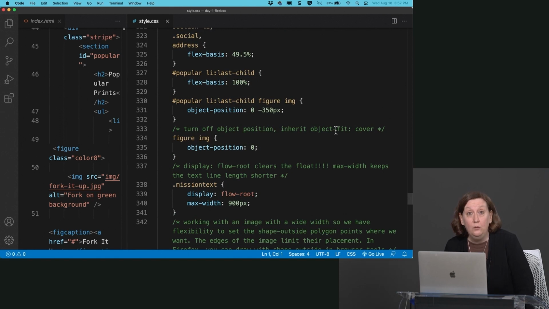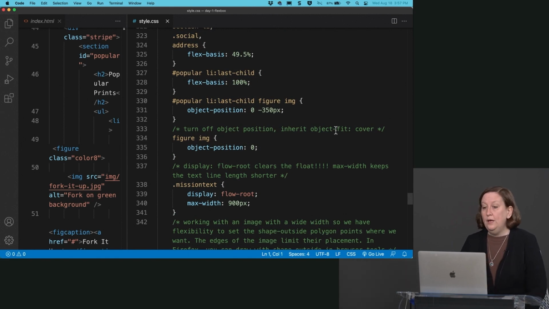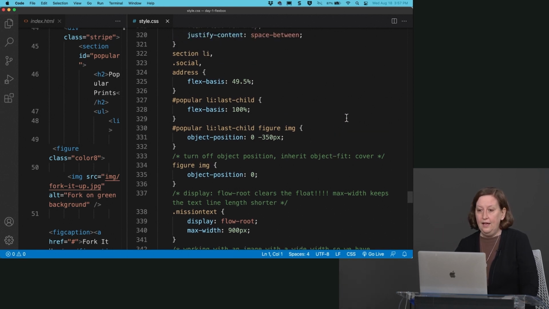So here's the big trick. We're going to start with the tablet. This is around line 327 inside of the CSS. And so what you see here is inside of the popular, ID of popular, the LI last child, we're going to set its flex basis to 100%. Stretch it all the way across the screen. Otherwise, the style right before it here where it says section LI, its flex basis is set to 49.5%, and